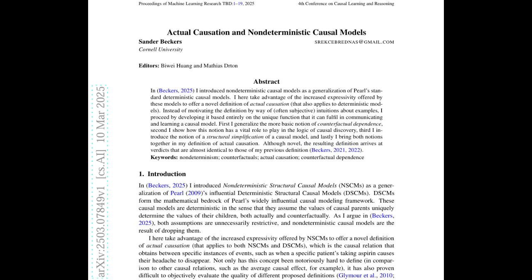So if you have a patient who gets one treatment and recovers, but they might have recovered anyway under a different treatment, how do we figure out what actually caused the recovery? That is the million-dollar question. And that's where this idea of counterfactual dependence becomes so important. Counterfactual dependence. Okay, I think I've heard that term before, but remind me. It's all about exploring those what-if scenarios. If something hadn't happened, would something else still be the same?